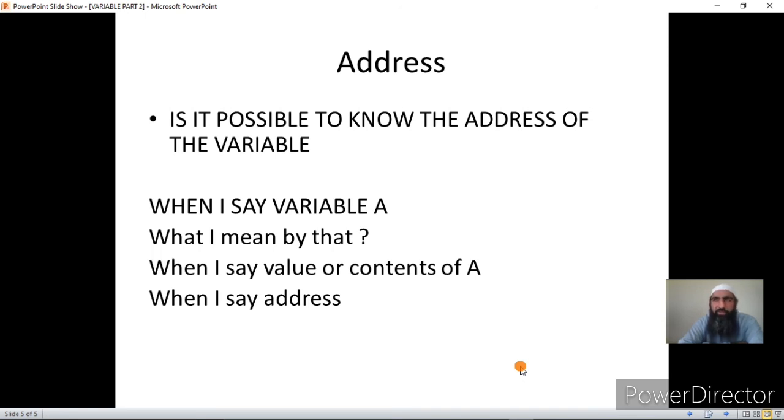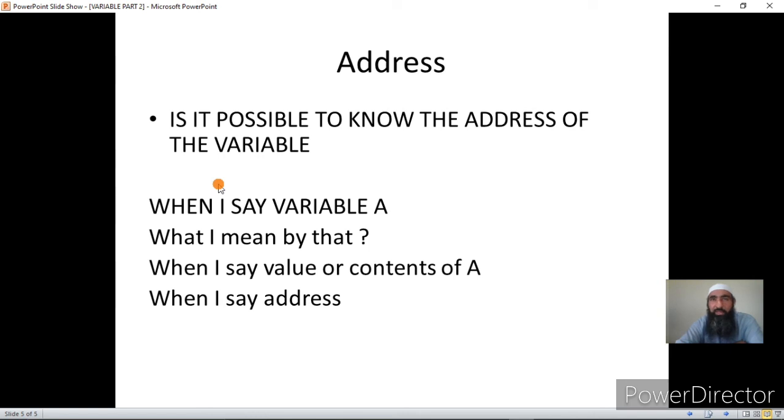Now when I say variable A, it means a location whose name is A. When I say the contents or value of A, it means what is stored in A. And when I say address of A, it means the physical address of the memory location in which A is stored.